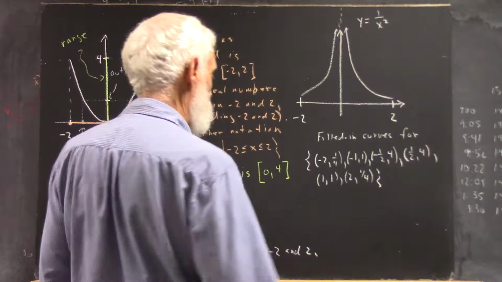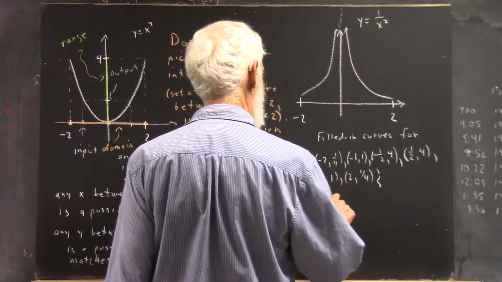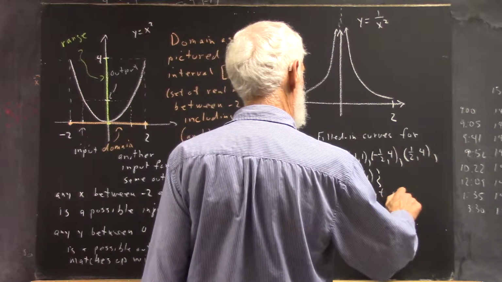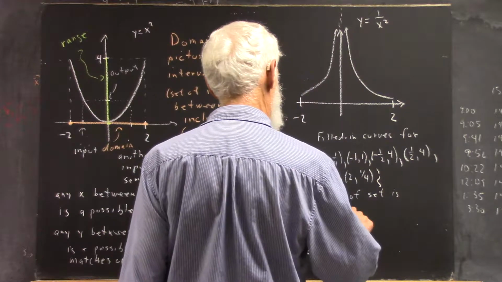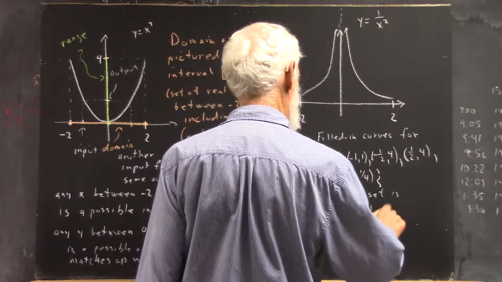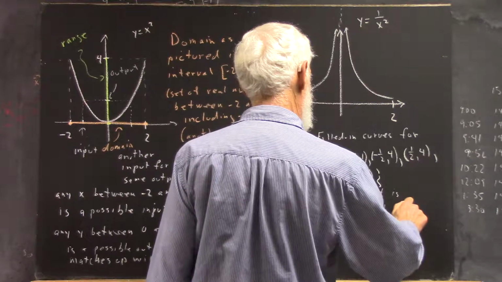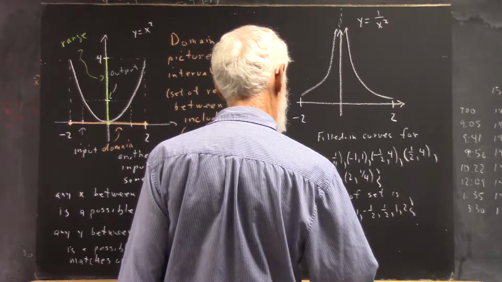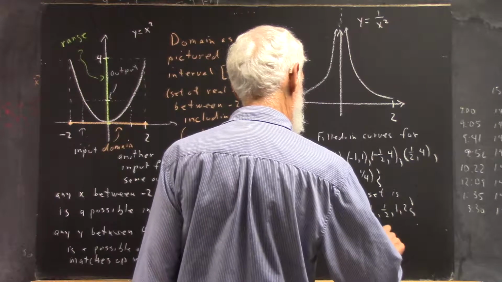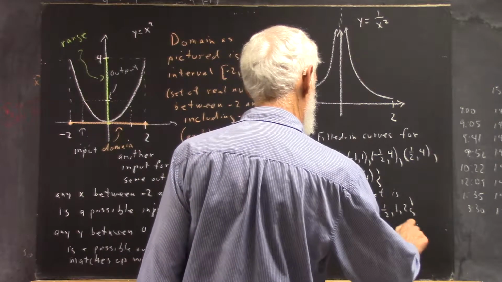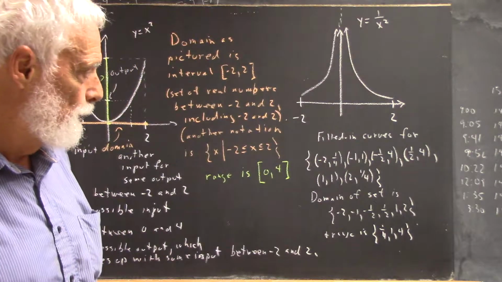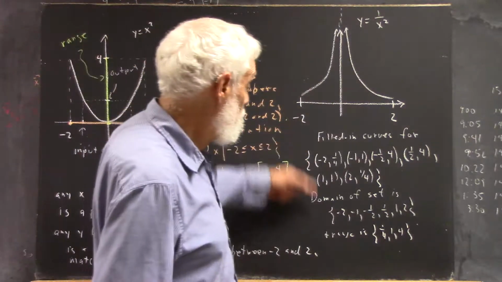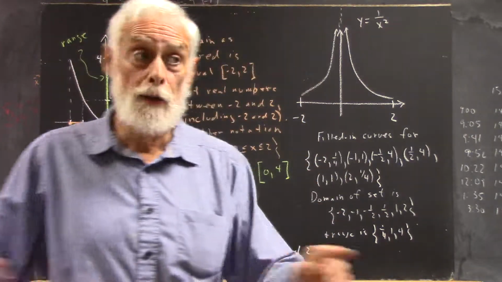Okay, the domain of this relation and the range is one consisting of 1/4, 1, and 4, right? Okay, so this much you're familiar with, and I could ask you the same question for any of the 5